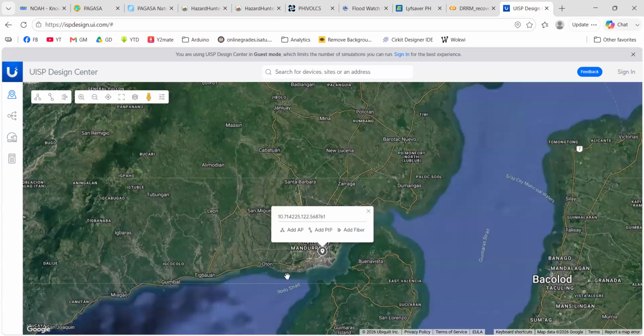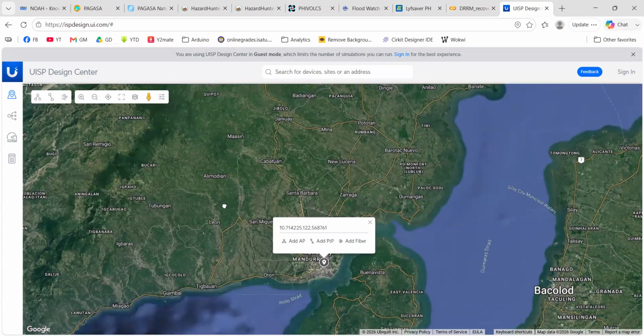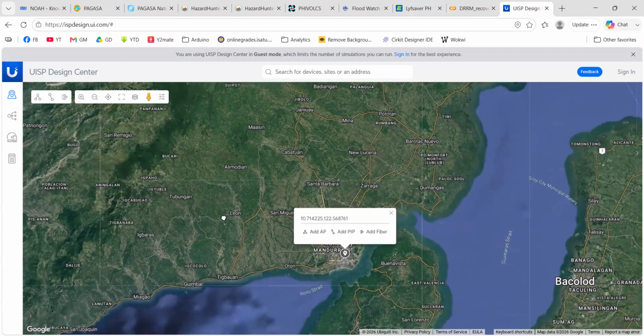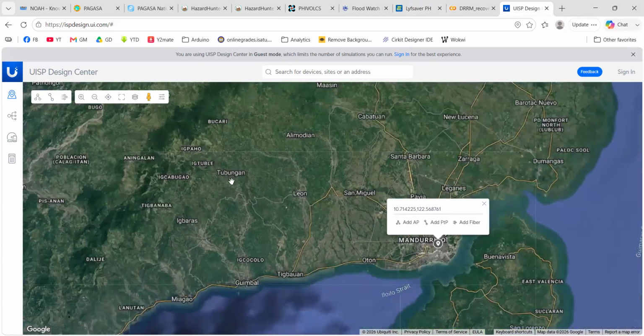But for demo purposes, I'm going to show you how, especially if we have some telco related professionals in the audience. Okay, so this is one way to send some help. So for example, let's choose, I think, Tubungan. Okay, all right.